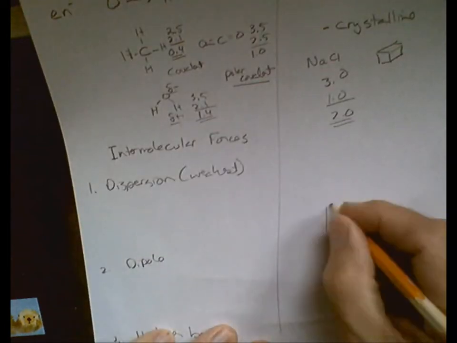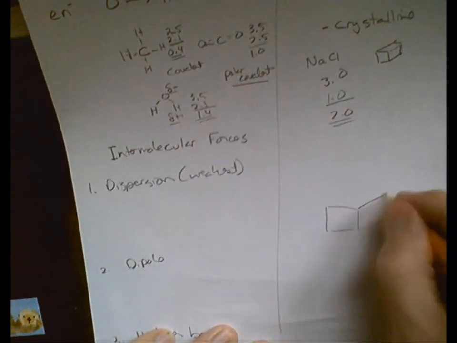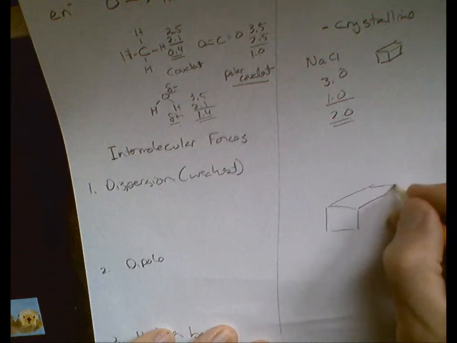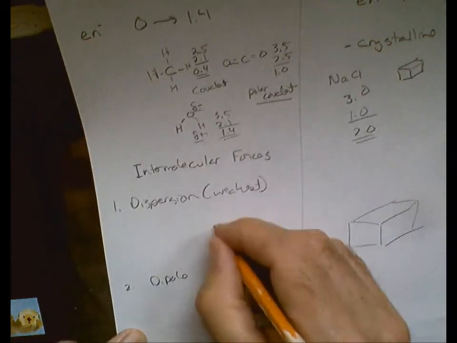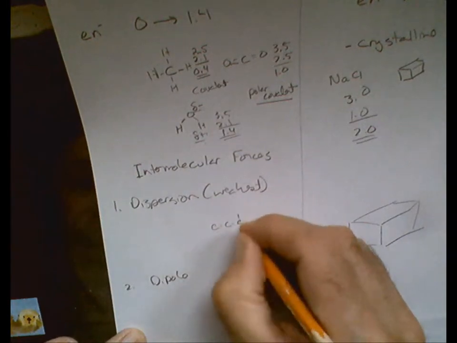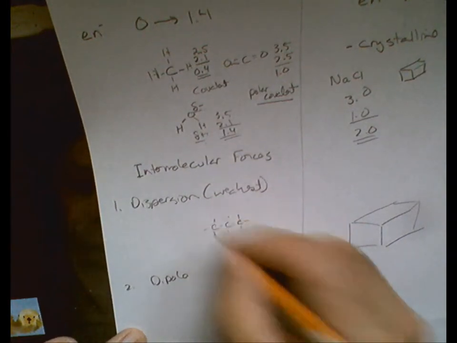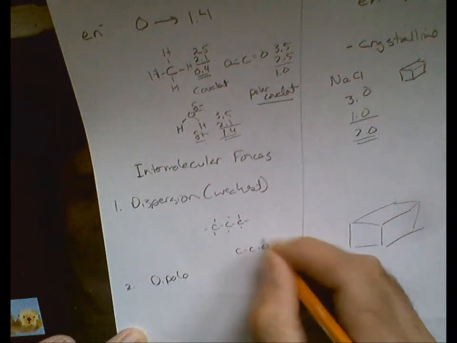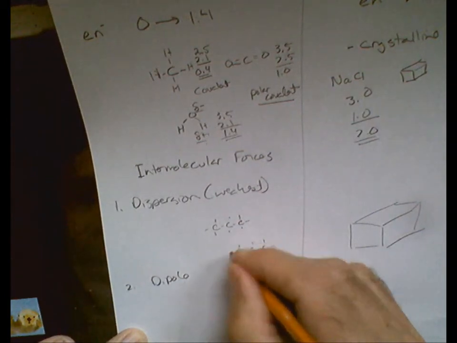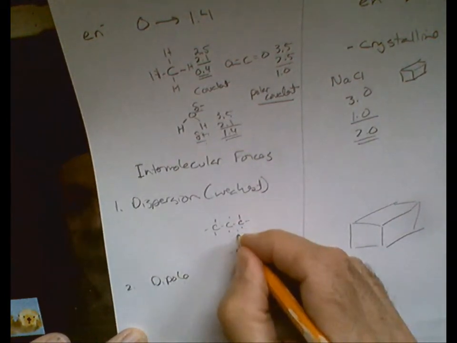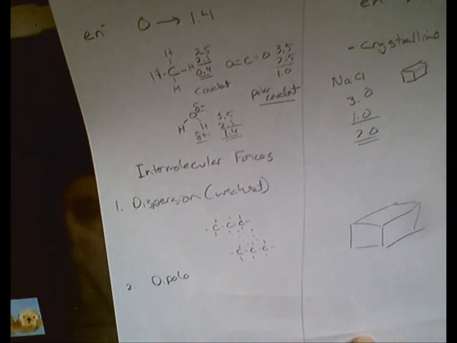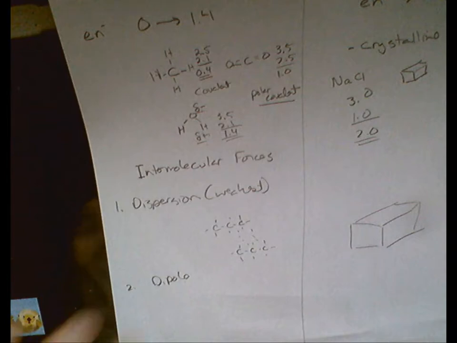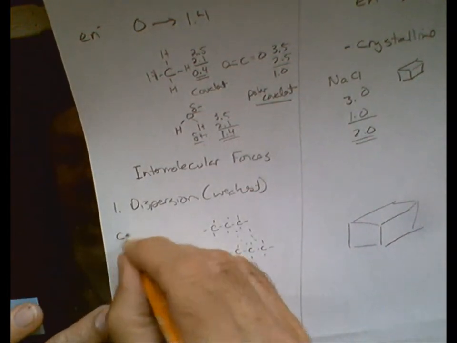Something that's ionic is one big crystal, and there's no spaces in between. It's one big molecule. Things that are covalent, let's take propane gas that's in your barbecue. There's one propane, there's another propane, and they can have forces in between them. I'm going to give you some very simple keys. If the molecule only has C's and H's,